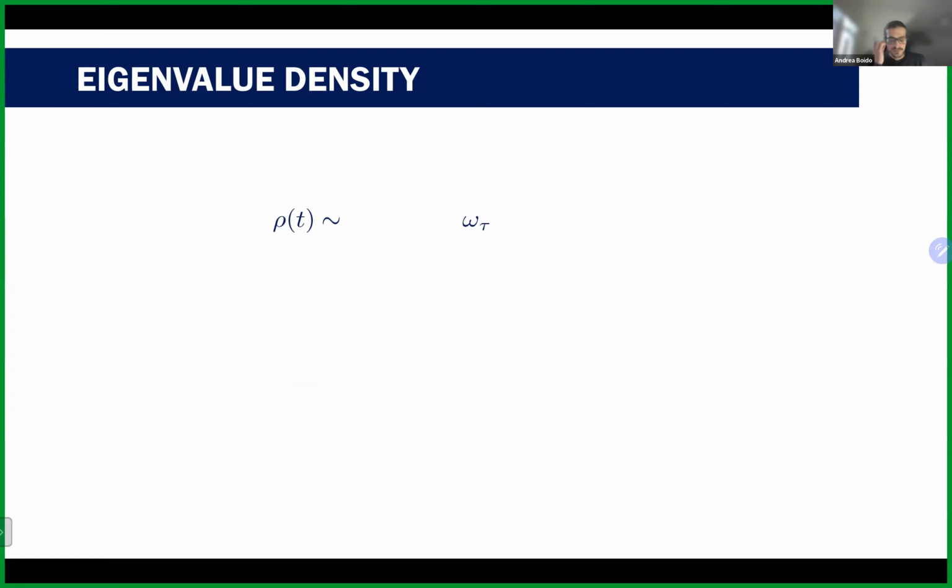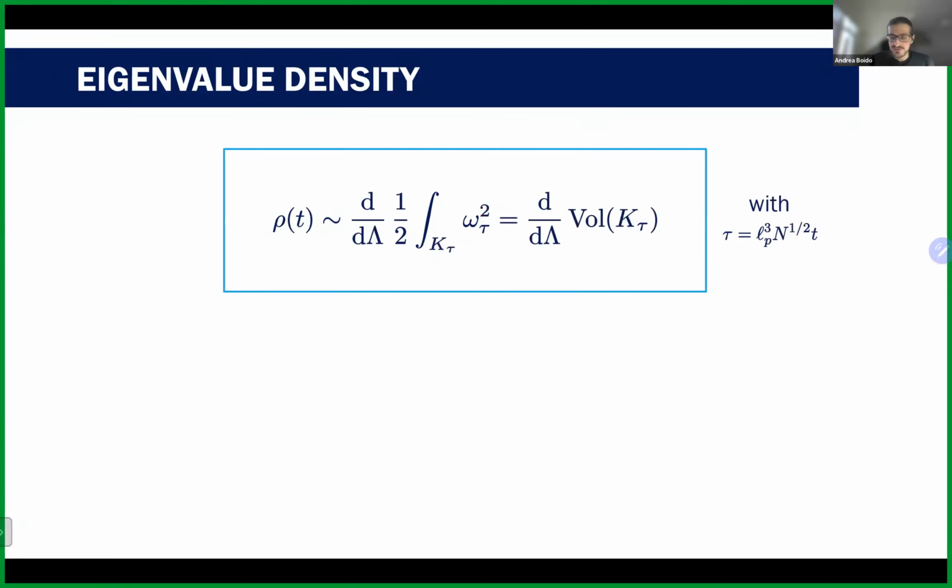Well, this is a bit quick because, of course, rho is a function, omega is a form. Doesn't make much sense. You can try to integrate this omega tau over some space, but it's not clear which 2-dimensional space you would pick. We don't have any natural choice. So the next thing you can do is square the omega tau and then integrate over k tau, which is 4-dimensional, and that makes sense. And this is actually more or less what you do, but then it's not anymore linear.